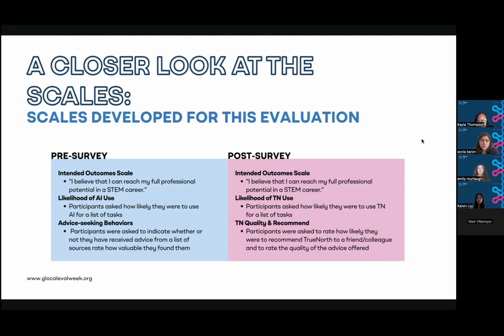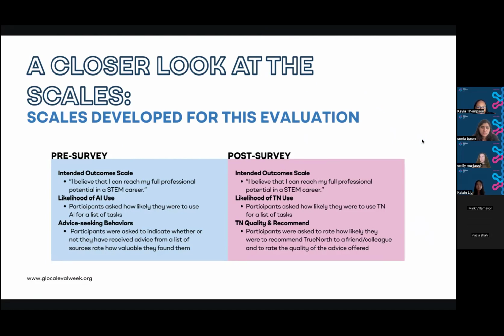Also on the pre and post test, we asked participants about their likelihood of using AI for a variety of tasks to understand more about participants' AI use and what specific tasks they used it for. The task list that we used came from a paper exploring how people use ChatGPT. We also asked participants the same questions in the post test, but specifically asked about the likelihood of using TrueNorth for these tasks. Not only did this provide some interesting information as is, but we could also use it to see if